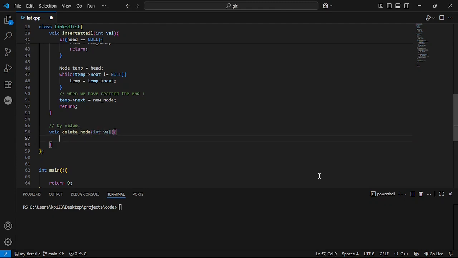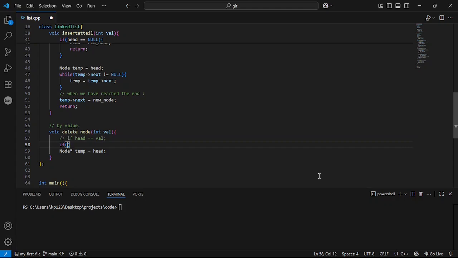So a particular value will be given to us, and first of all, we will be saying if head's value is exactly equal to val.